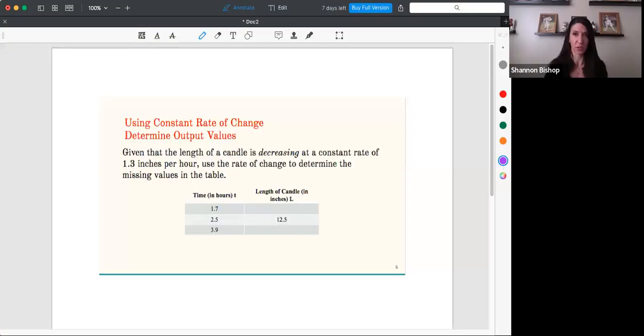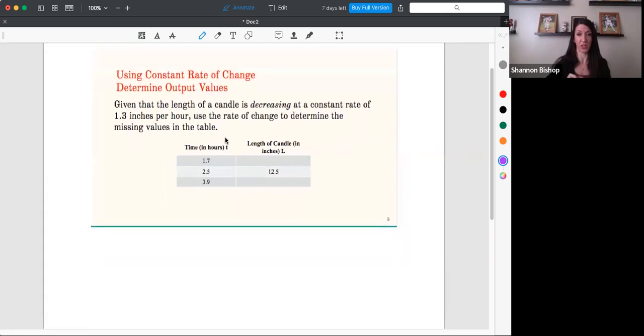And the method that we're going to talk through right now is exactly the method that you would use to find vertical intercepts. So I'm going to share my screen, which is just a screenshot of the candle problem from our lesson. As you can see in the candle problem, we are told right off the bat that the candle length is decreasing 1.3 inches every hour. That's trying to make it crystal clear that we know the constant rate of change